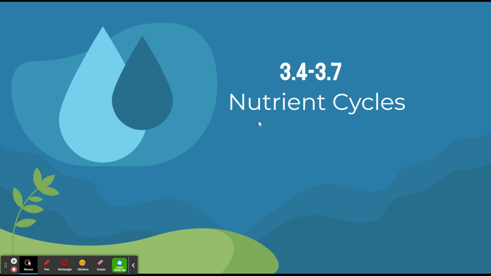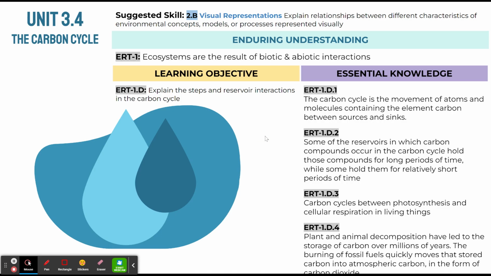Hi guys, welcome back to AP Environmental Science. In today's video, we're going to be covering 4 different topics in this unit. We're going to be going over the nutrient cycles, which is how 4 different main elements or nutrients cycle through the biosphere. The first one that we're going to go over is the carbon cycle, which you should maybe be